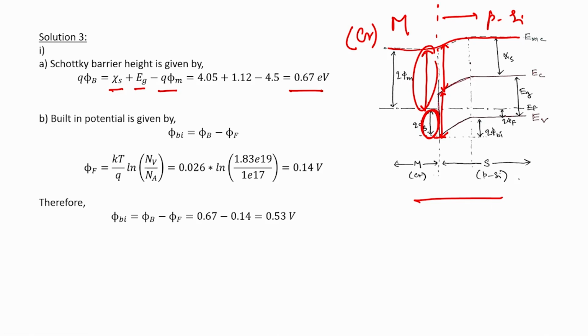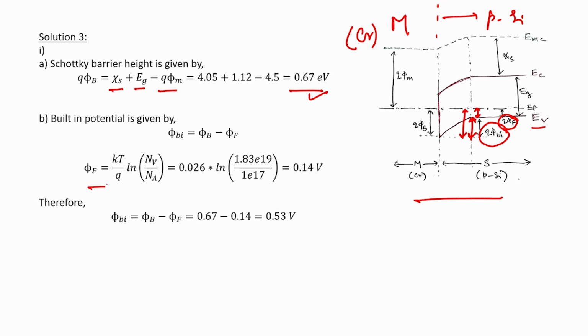Now the next part is what is the built in potential. So basically I have to find out the built in potential now. So the built in potential you can find from the Schottky barrier height. So basically now we have to find out what is the value of this height, and that can be found from the Schottky barrier height minus this much, which is written as q phi f, which is nothing but the separation of the Fermi level from the valence band edge EV. So we know the Schottky barrier height, we have to find out now the value of phi f,